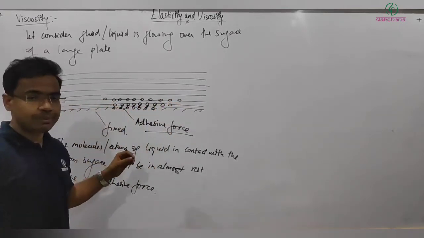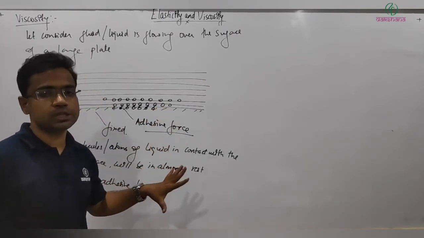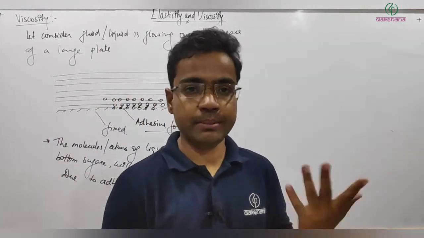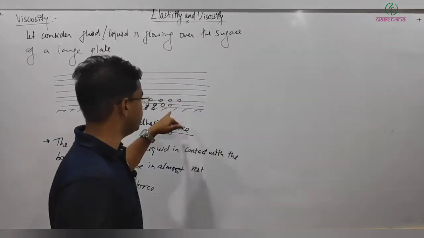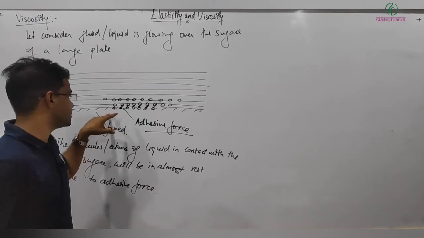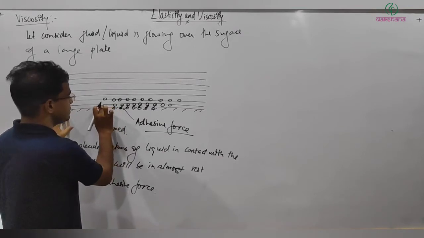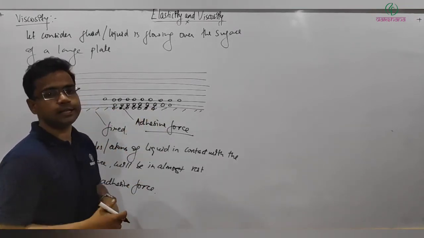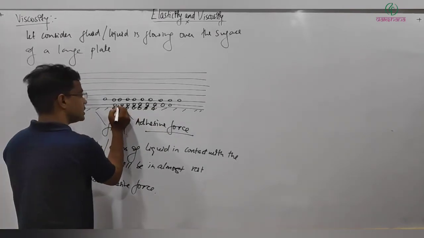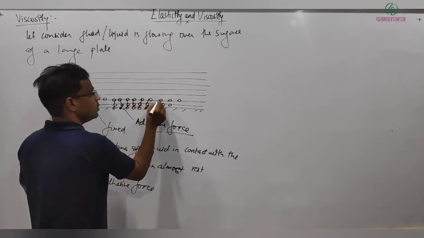Normally, whether adhesive force or cohesive force is greater depends on the nature of the material in contact, depending on the fluid and the solid surface. But generally in this case we can consider this adhesive force is strong, so the motion of this first layer will be strongly opposed by the adhesive force of the bottom solid surface. And similarly, because these are at rest, the upper layer of molecules will also be trying to move,